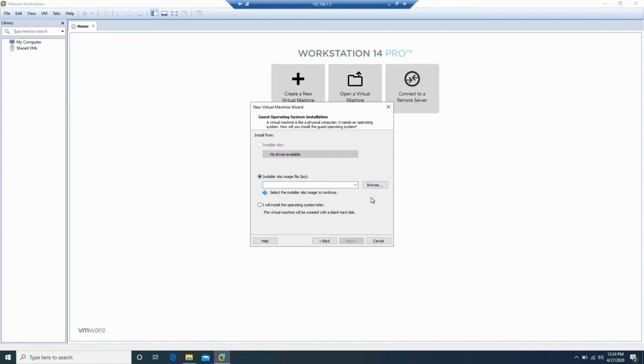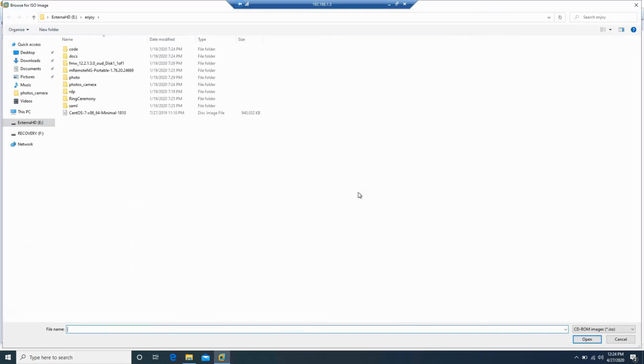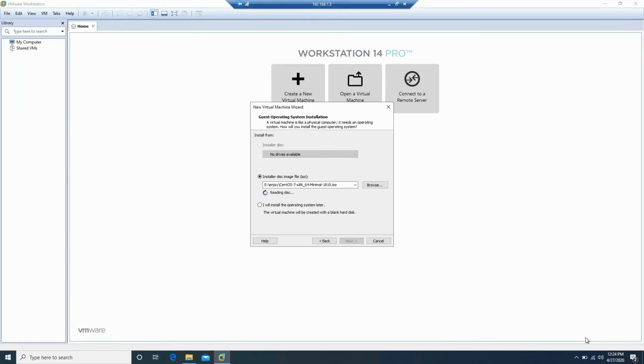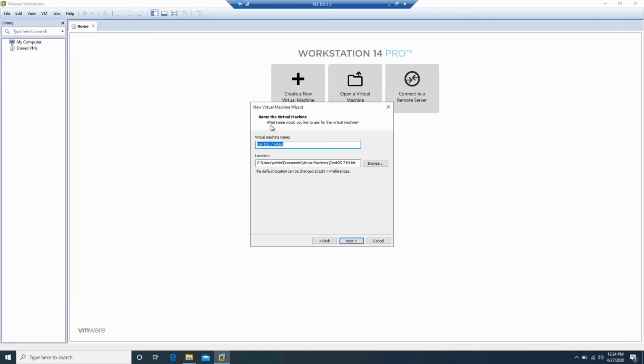I can just go Browse and select this, my ISO image. Then next, and here I can write the name. I will be installing a directory server on this, or I can simply write IAM, basically identity and access management.